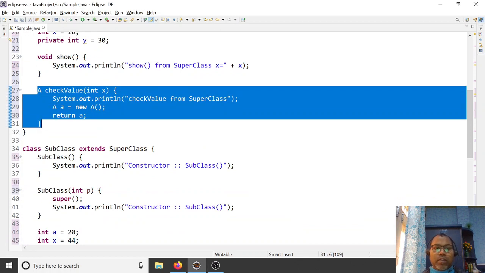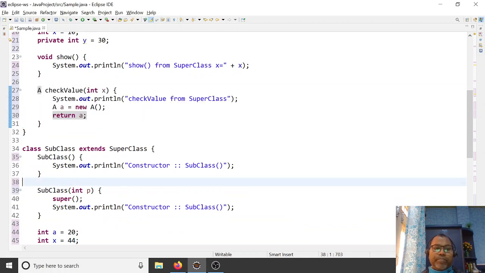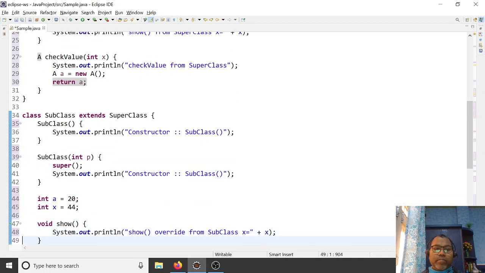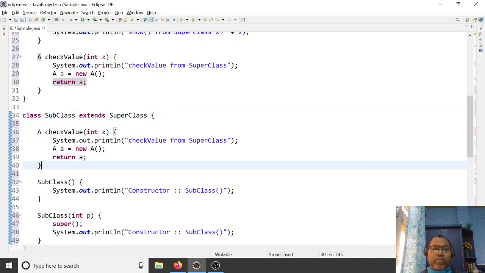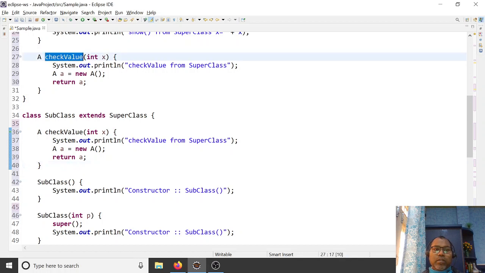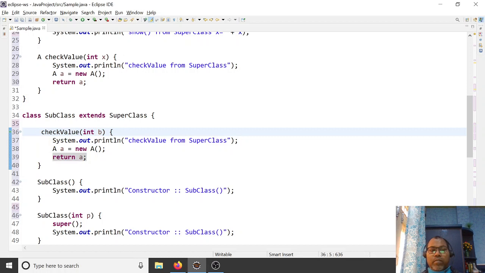If you want to override this method, you have to write the same signature. The name should be the same. If there is one argument, you have to write one argument; the variable name doesn't matter. But for the return type, you can return A, B, or C, any subclass.